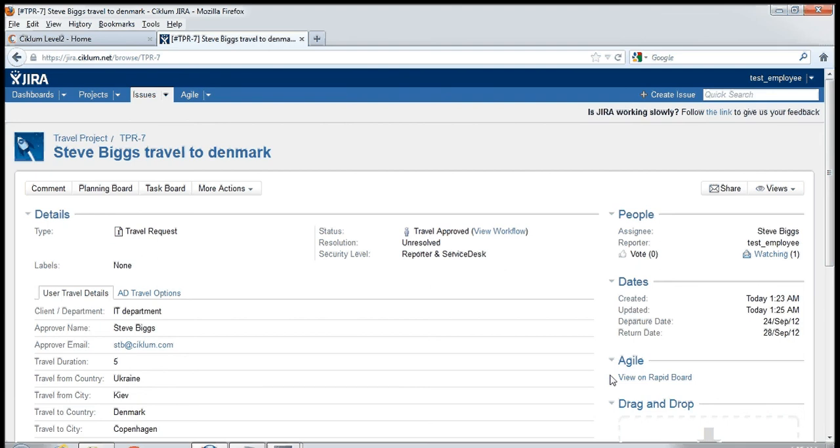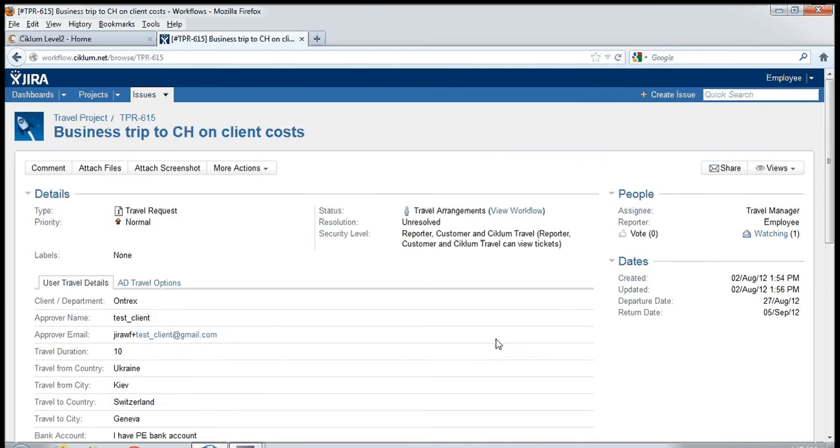I will next show you how to view a ticket which is already semi in progress, just so we can get an idea of our positioning on such a ticket. But this brings us to the end of the travel creation ticket. Thank you very much. For the final section of this video, I wanted to show you a ticket which was